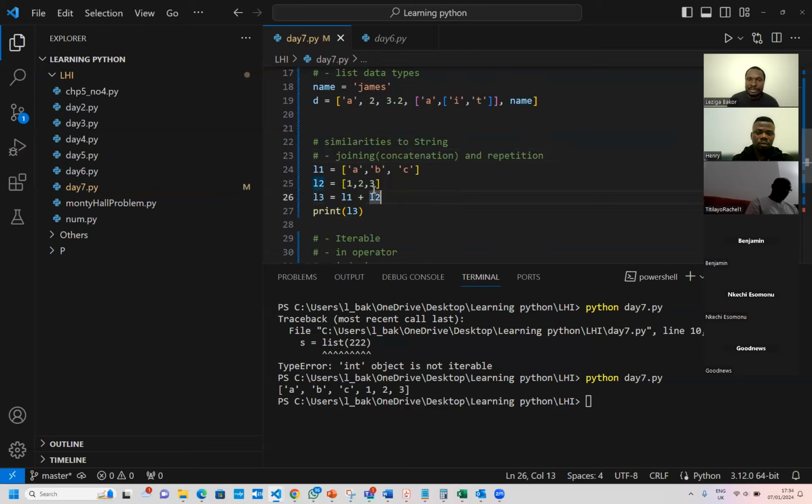In the same vein, if you use multiplication, repetition, just like in string, when you do times 10, the string will become 10 times longer. The same thing with a list. If you do times 10, let's just say,